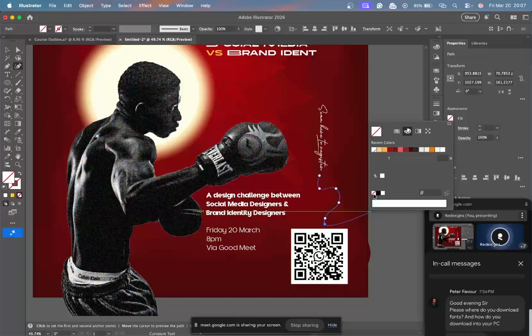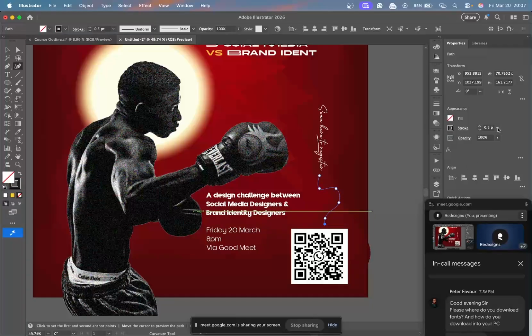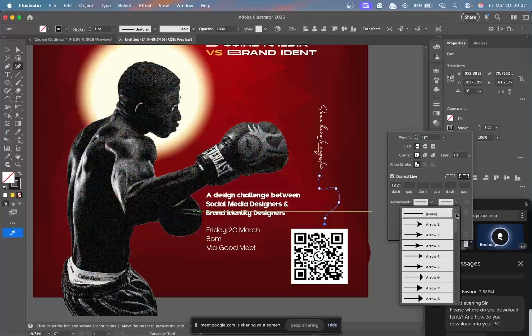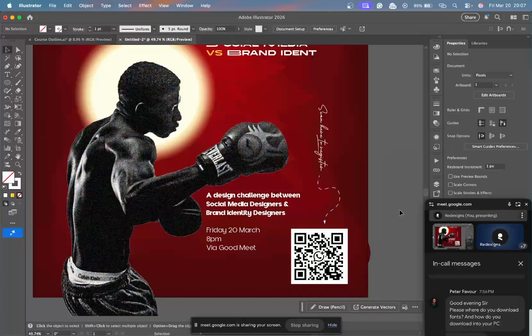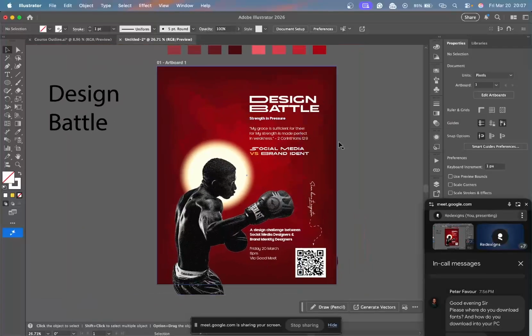Remove the fill, increase the stroke, you could add a dash line, and you could also add an arrowhead. Change the color to white, and then we have our arrow like that. So this is just a simple design where you could then begin to add other aesthetics,